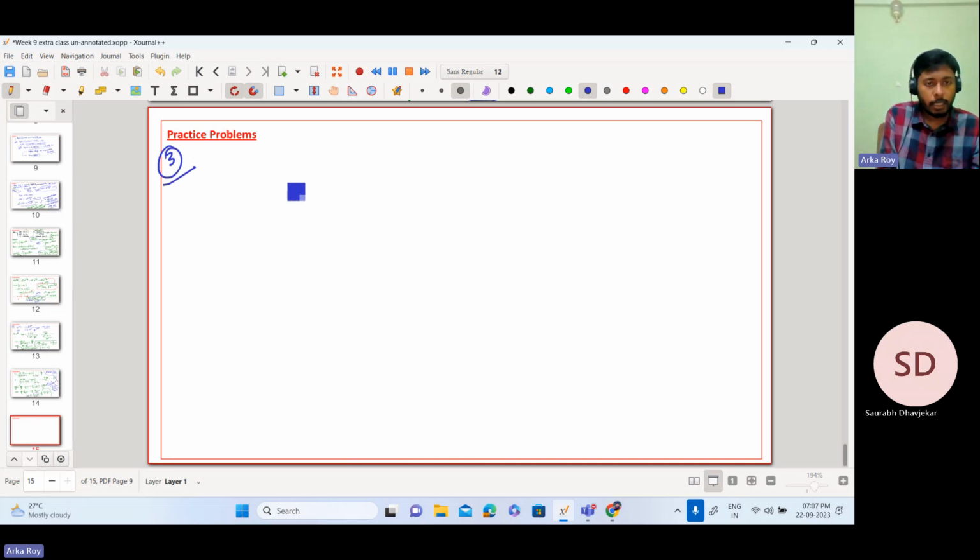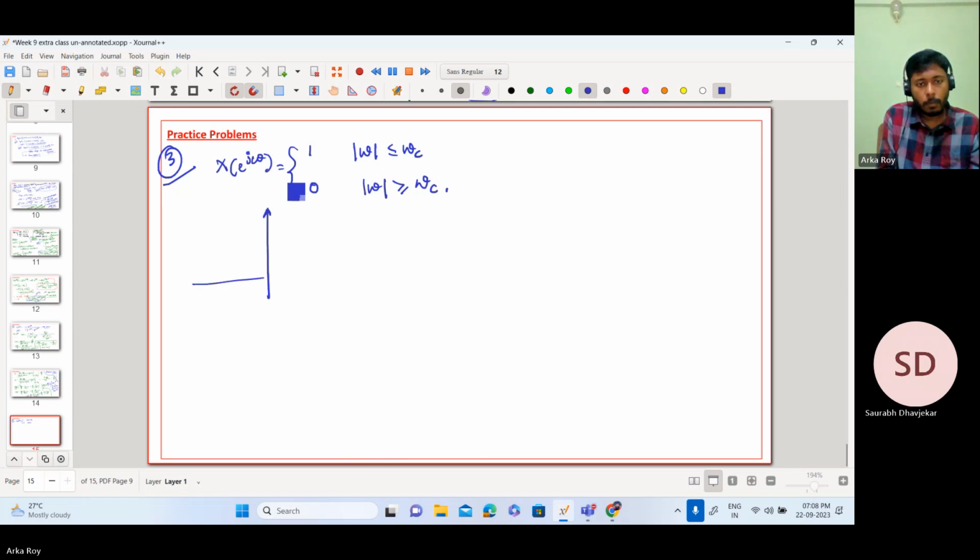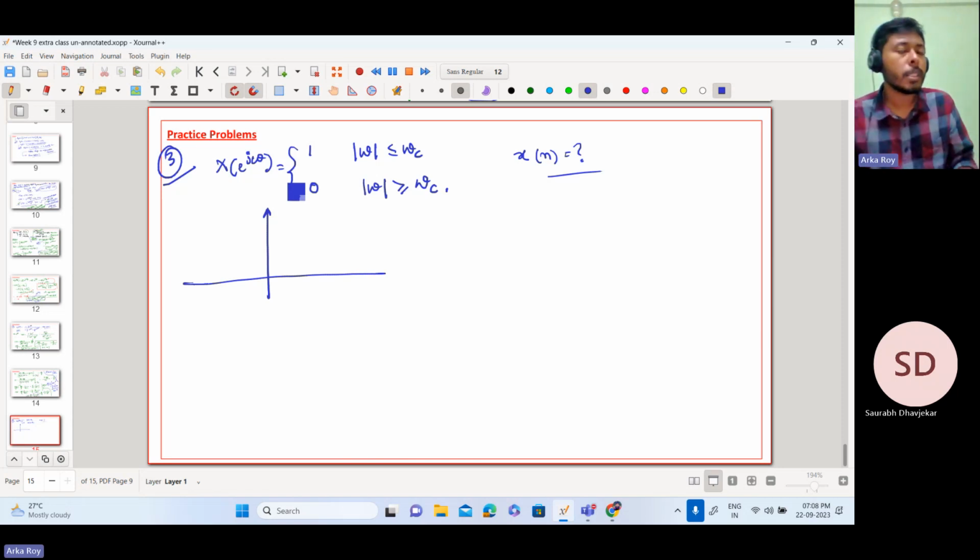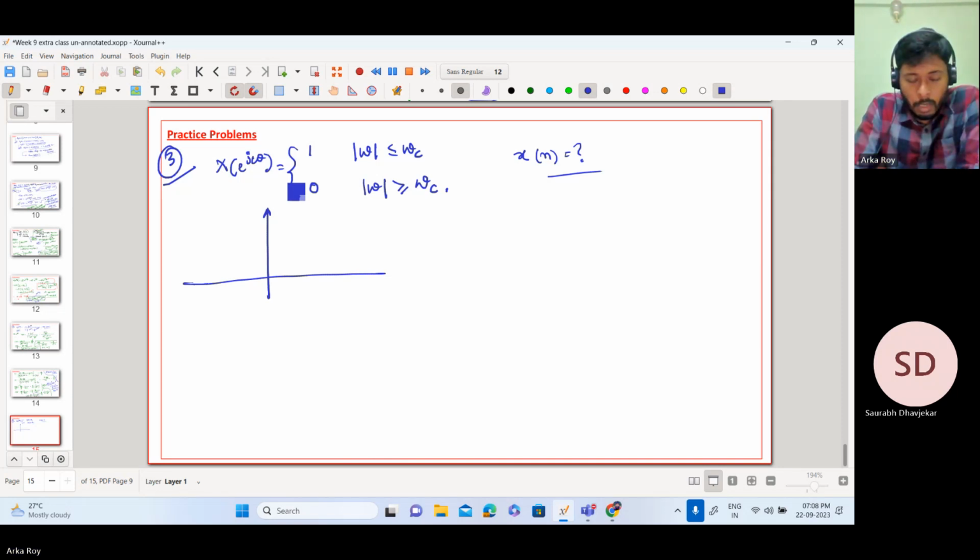Next question is a bit easy. So X(e^jω) is 1 for the range given as minus ωc to ωc, and 0 otherwise. So we need to find what is your x of n. So again, they have given a DTFT, and from the DTFT we need to find what is the time domain sequence. So if I just draw how it looks,